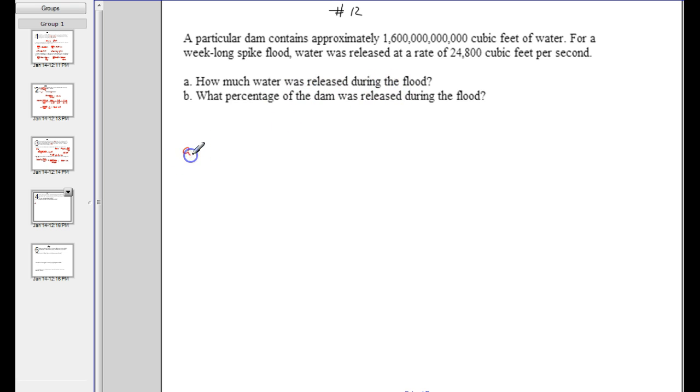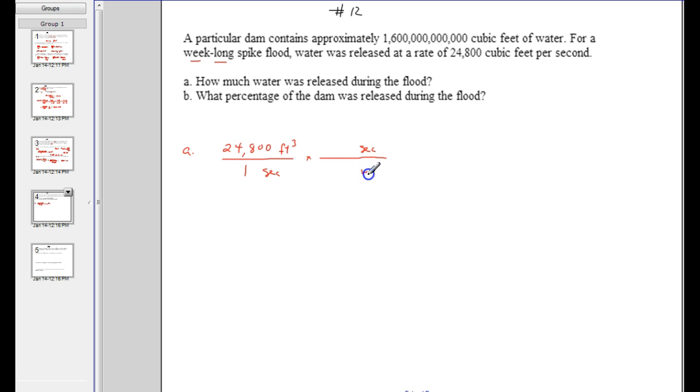So we're releasing 24,800 cubic feet for every second. Now we're doing that for a week. So we need to come up with the number of seconds in a week. So 1 second, I'm going to do